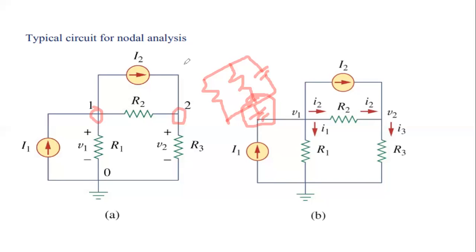Write your answer on chat box also. Okay, you can write your answer on chat box. Some of you are getting it correct. Only one node is there. Only one node is there. Because there is no component here and no component here, this complete thing is actually one node. Try to see, this complete thing is one node.